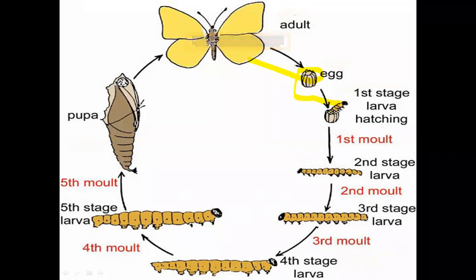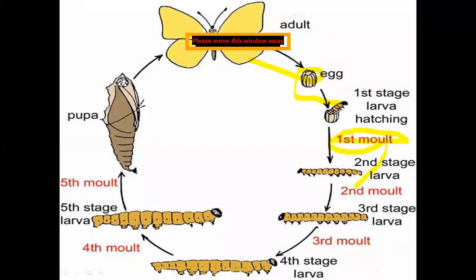It is the first stage whenever this egg hatches, and it is called the first larval stage, and we can say the first instar. We call this an instar, the first instar, or we can say first molt, because it is just starting to remove its skin and transition to the next stage, known as the second instar, or the second molt, or the second stage of larvae.